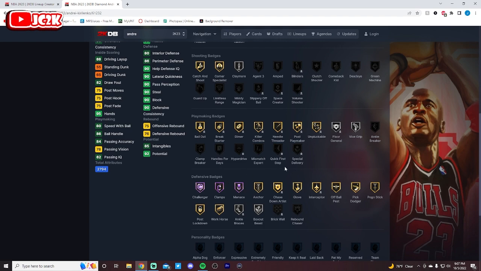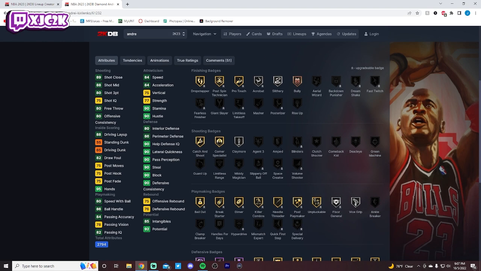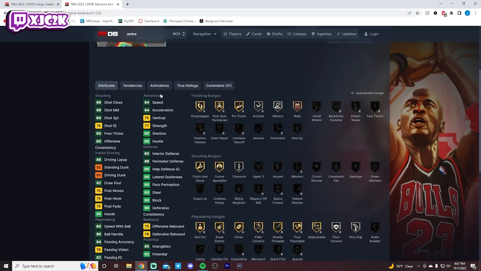No handles for days, but you can add quick first step to him. No limitless range, no guard up, but he does have silver claymore, cold catch, and shot in corner specialist, so a few good shooting badges there. Can get posterizer and limitless takeoff as well if you want to add those to him, as well as fast twitch. Got pretty good speed, a capable shooter, and while the dunking stats aren't that great, he dunks the ball much better than the stats say,